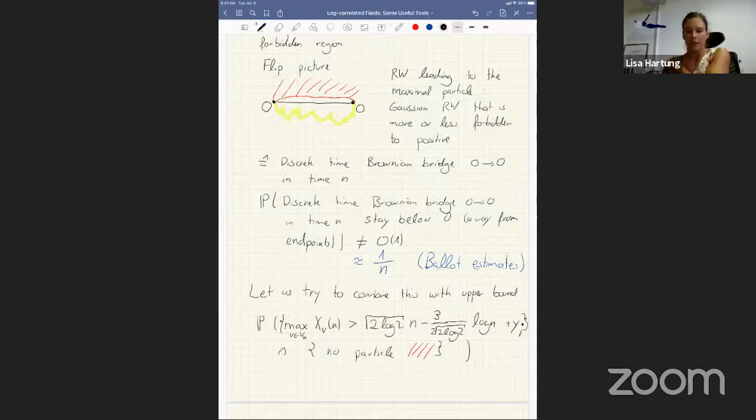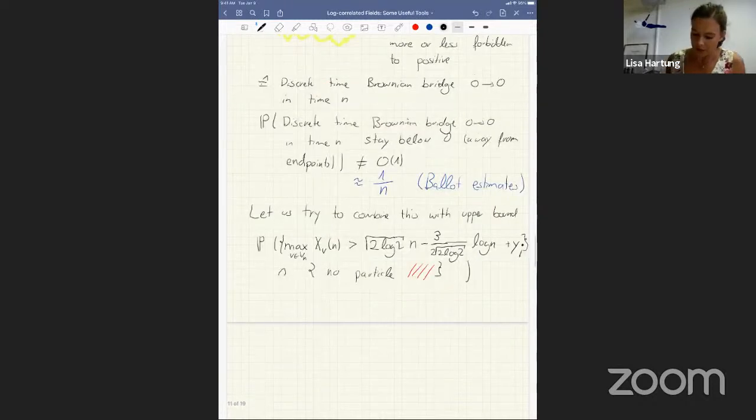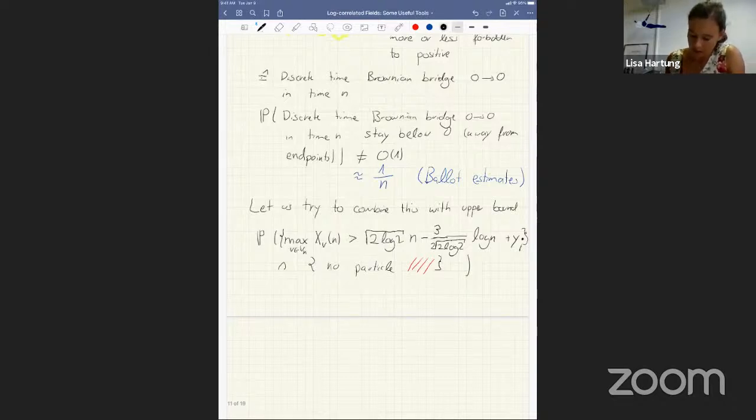And now this looks like a complicated probability, but in fact, if we use this a priori information that I've just put in, that we are not too high at previous levels, well, if we actually write this